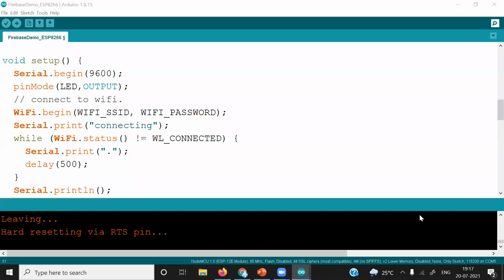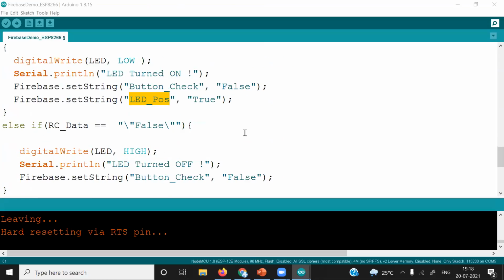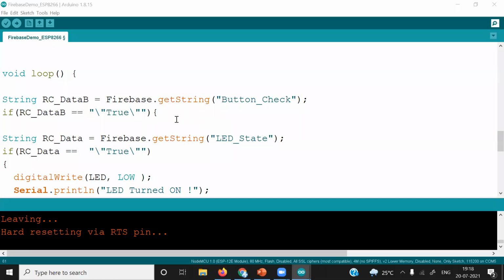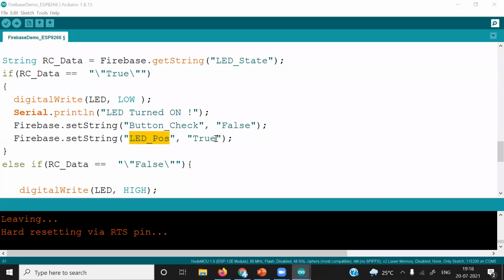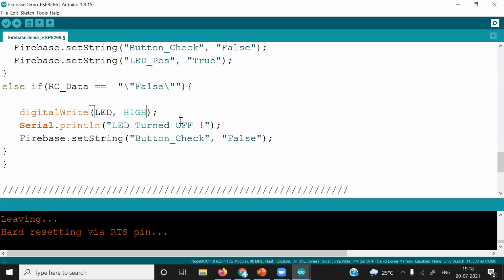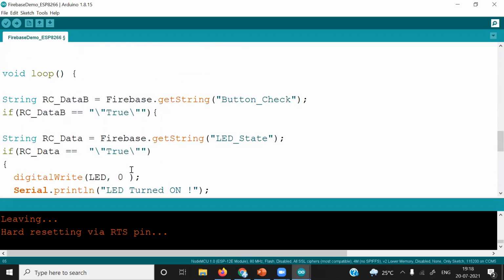Sir, can we use 0 or 1 instead of true or false in integer format? We'll simply do that and check it. I have not used zeros and ones; I already used true and false for the Boolean data. I think it will work. I'll make it 1 and 0.